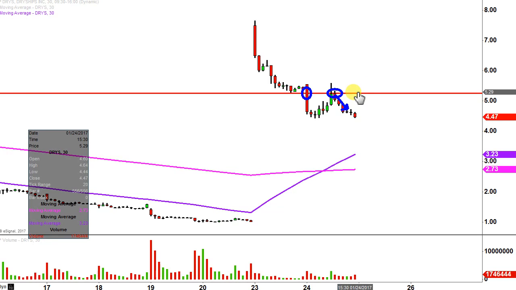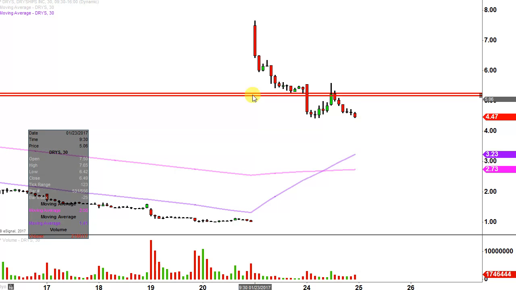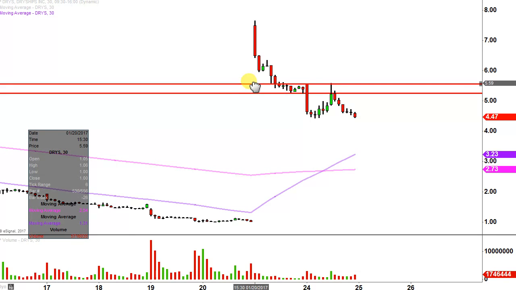So definitely now, in the shorter term, $5.20 is that key level of resistance. If you want to make a little resistance zone, you could do that too. So $5.20 is the beginning of the zone, and then the top of the zone up there at about